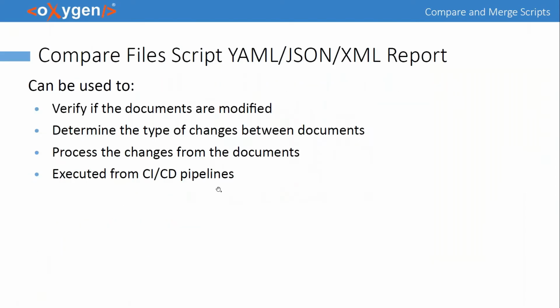So this is useful to generate in YAML, JSON, or XML. It's useful to check, for example, in a continuous integration server, if two documents are modified, to determine the changes that are made in these documents and the type of changes, if someone deleted something or added something. You can also process the changes because we provide the offsets of the change,